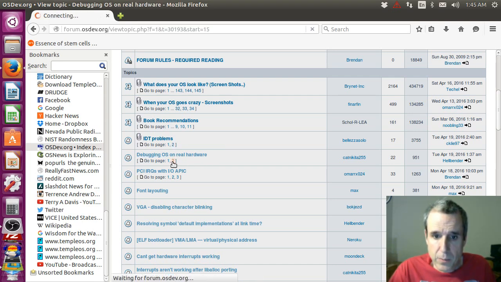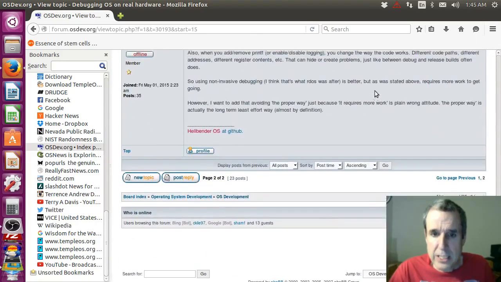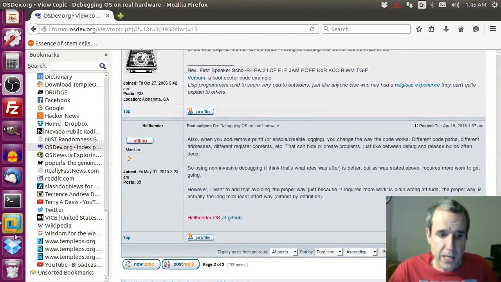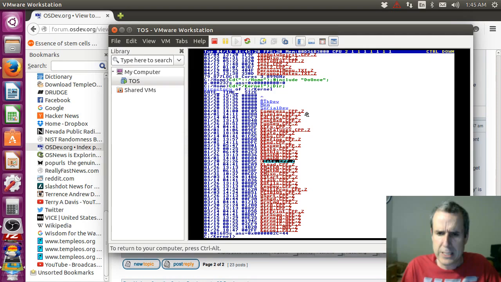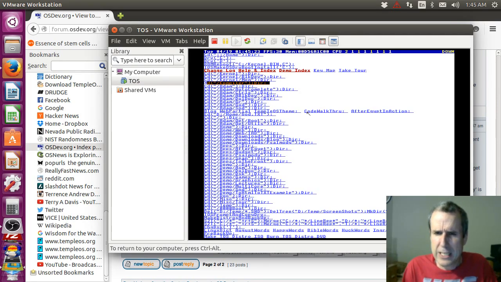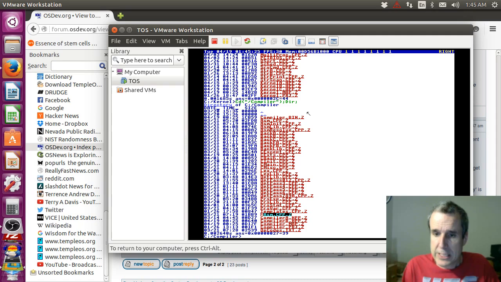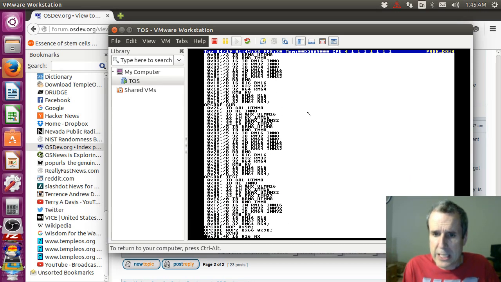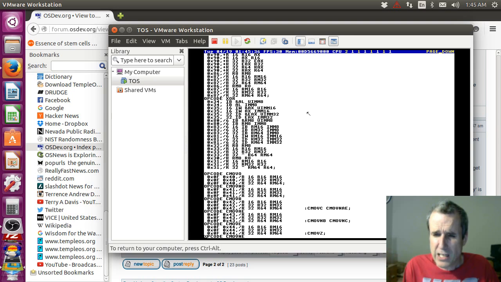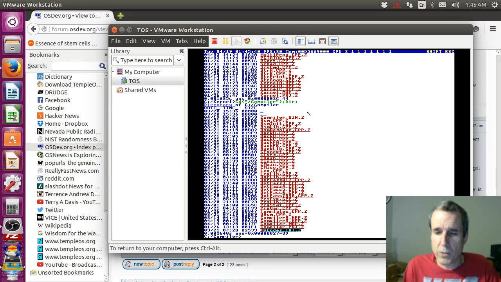Debugging an OS on real hardware, you have to make a debugger. So in my operating system, in my compiler, I wrote an unassembler. I have a file that has all the opcodes and addressing modes. I had to type this in by hand. And what it does is unassemble, it does a binary search